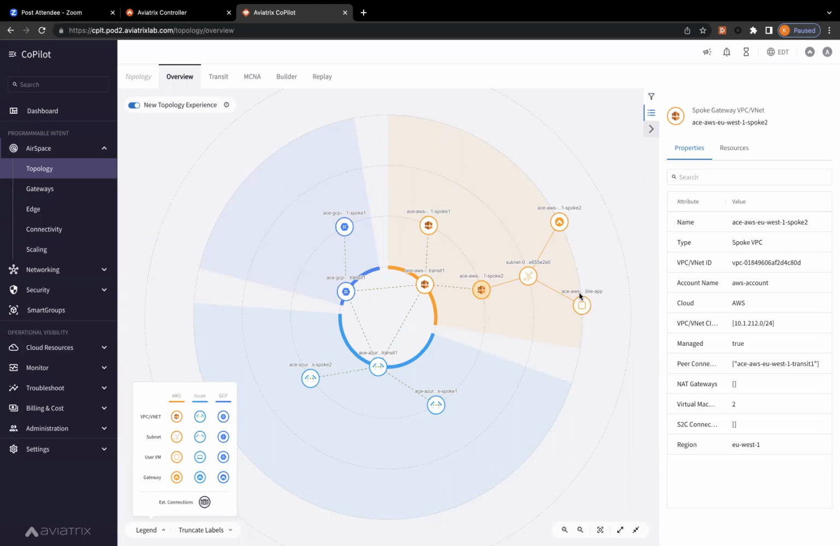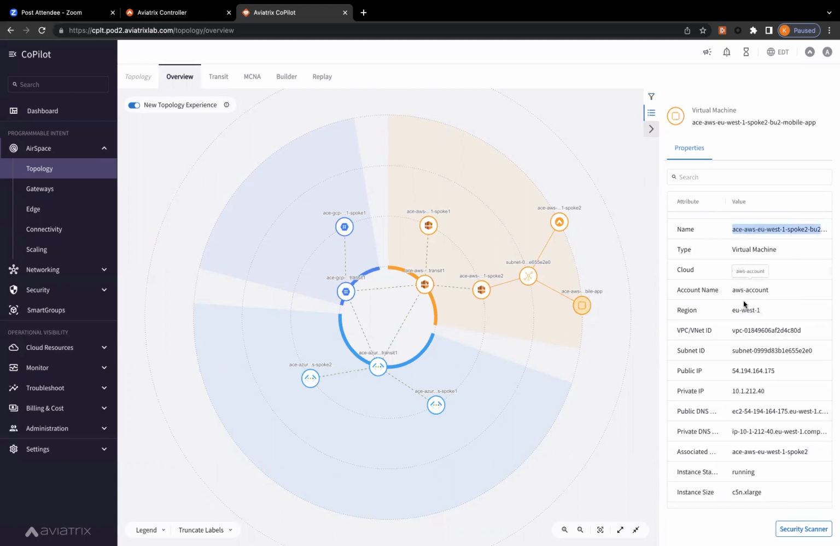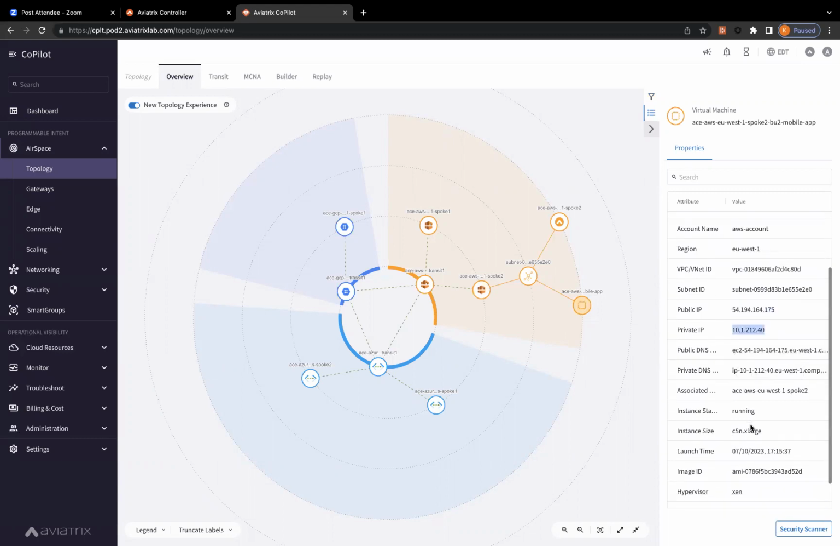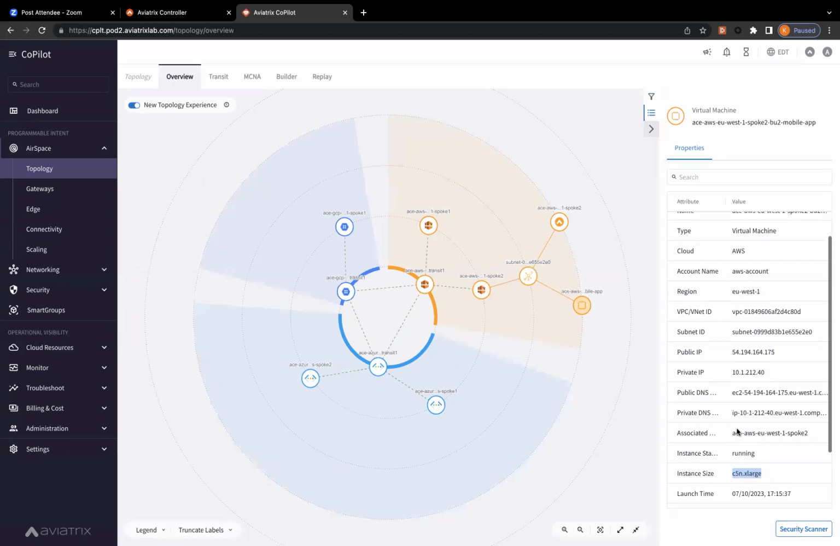basically the virtual machine. If I click on it, I can get the details: its name, in which subnet it lives, what is the public IP, what is the private IP, all of these details, what is even the instance size. All of these details I can actually get from the topology view. And what's also interesting is I can even click on the gateway, which is the item here, and